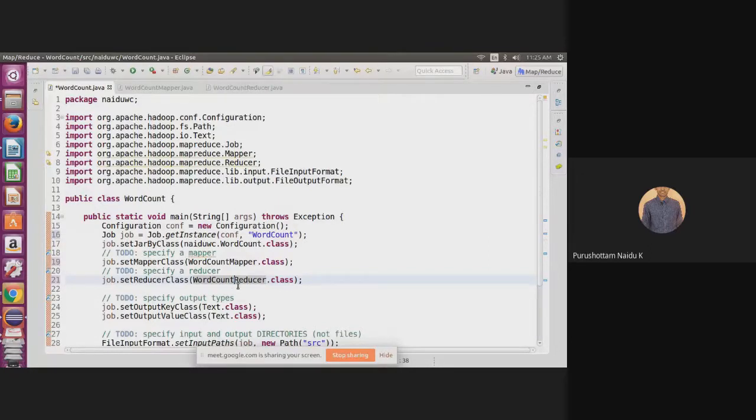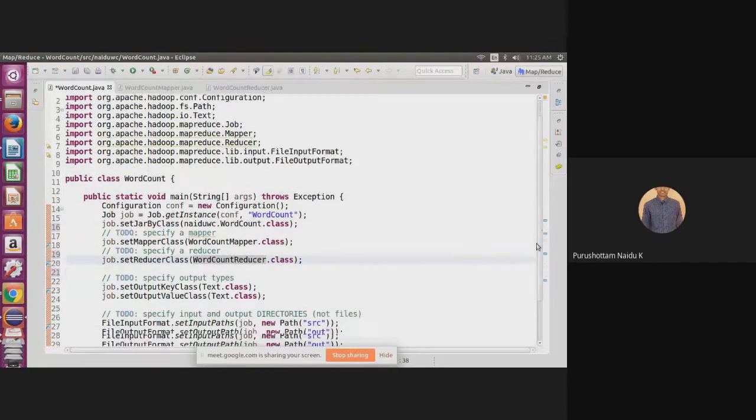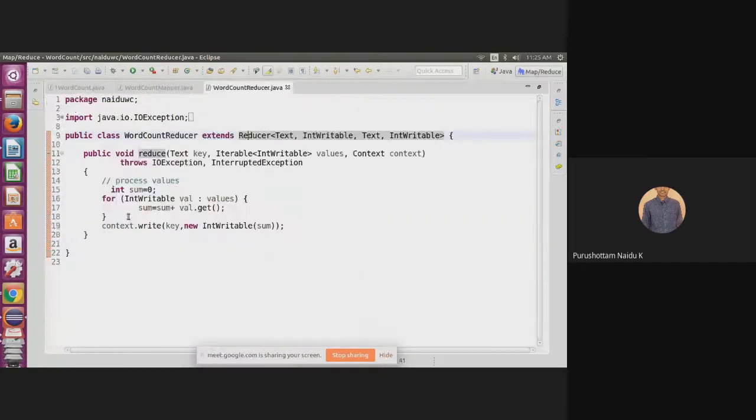Now to specify the output types. What are the output types? That is the reducer output types. The reducer output is a key-value type. What is the key type? The key type is Text. What is the value type? The value type is IntWritable.